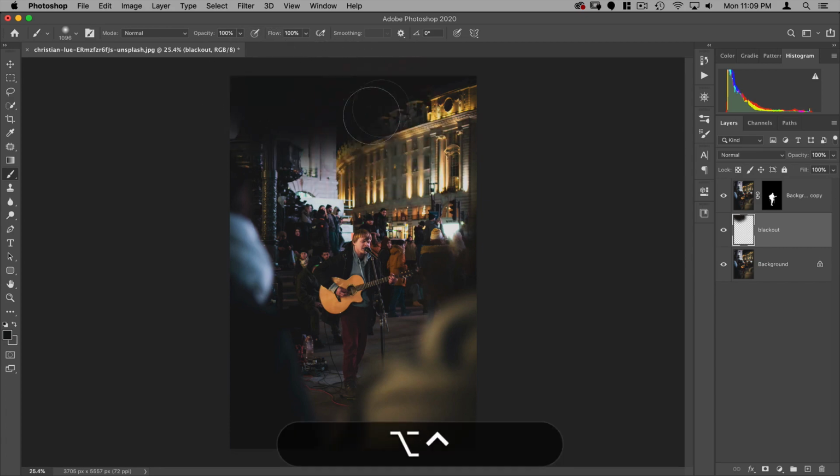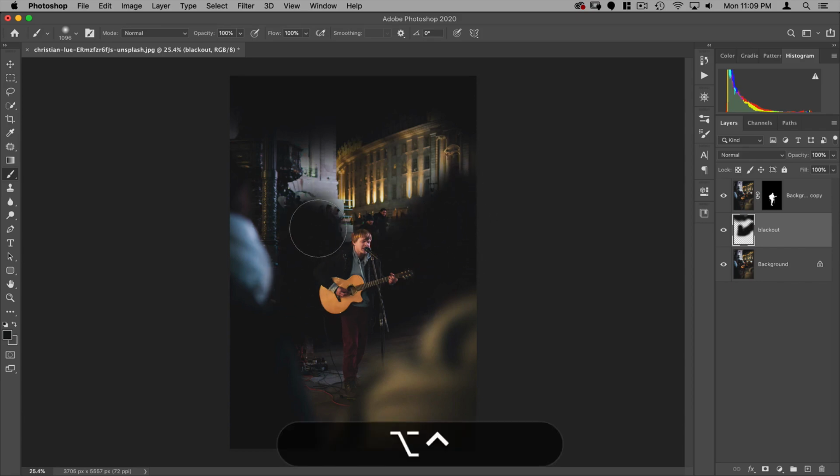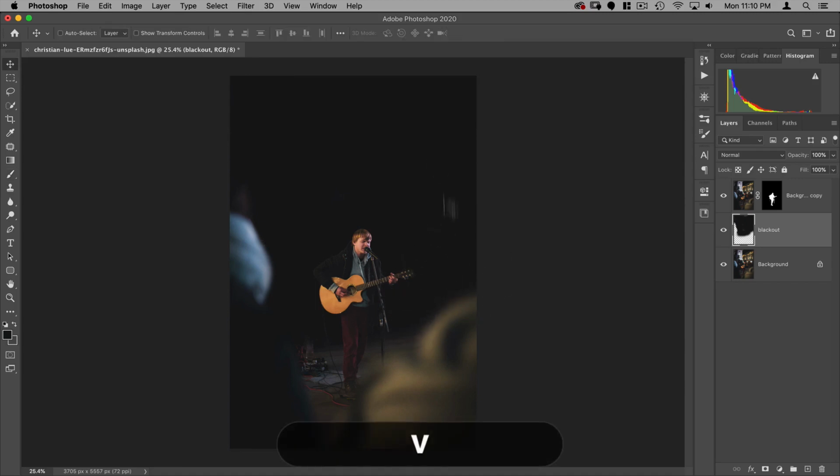And what I want to do is paint around everything but these two very blurry foreground, and I also don't want to paint out the ground and these cables that he's standing on, because those look like they could be on a stage somewhere. So just like this, paint, paint, paint. I'm going to make my brush a little smaller as I get closer to this, because I don't want to paint that out. Make our brush bigger again. Good. So that looks good.